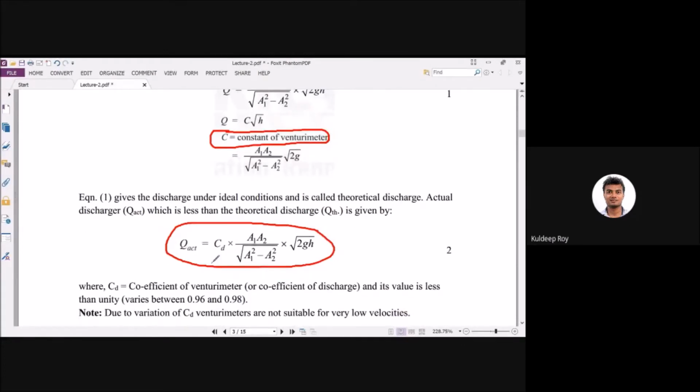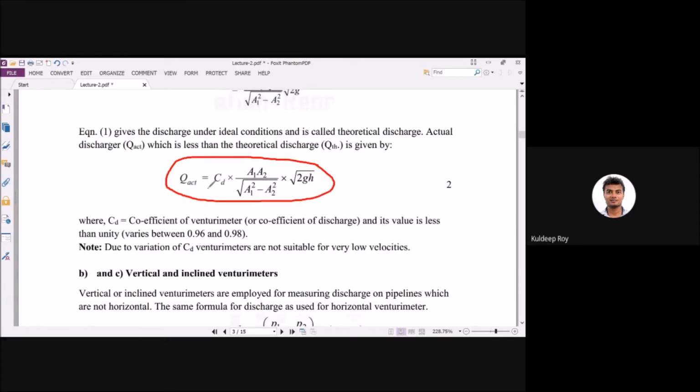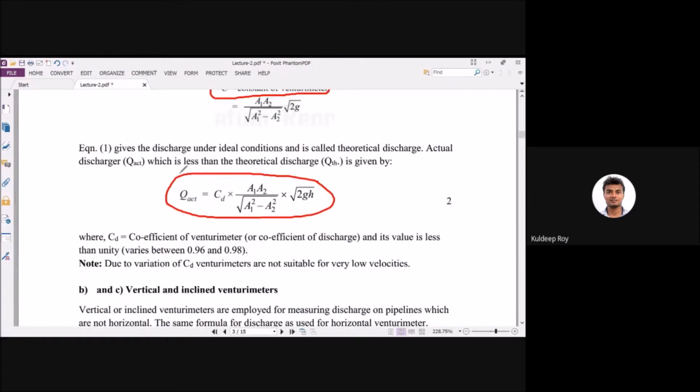discharge, because at the ideal condition or steady state condition, you are assuming that your fluid is incompressible, meaning density is constant. You are assuming the no slip condition, meaning the velocity at the surface is not varying, it remains zero. And steady state condition means the fluid properties do not change with respect to time. So you have determined the velocity. Okay, you have determined the actual discharge.